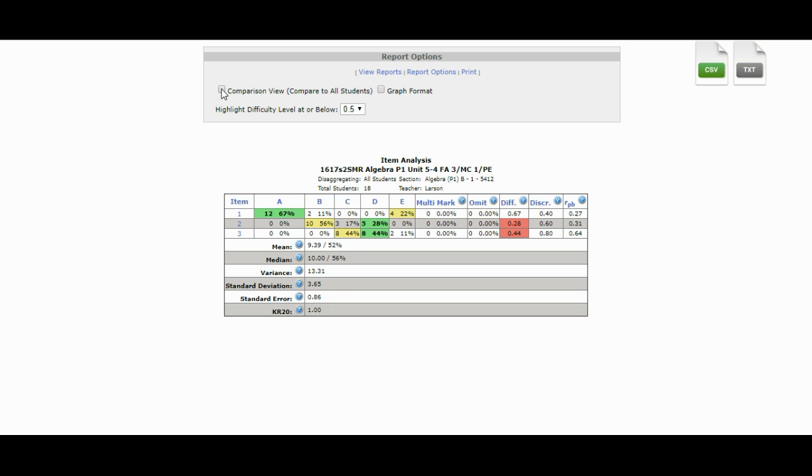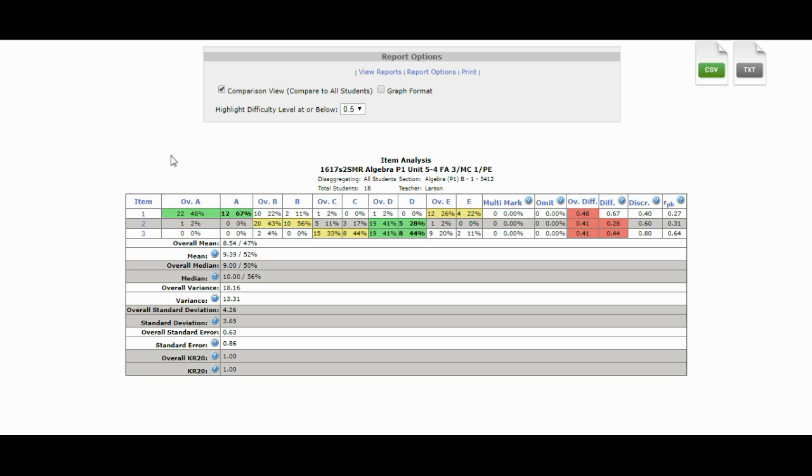Now I also look at my comparison view, which can be a definite shot to the gut sometimes. It can be a good thing and a bad thing, and I got a little bit of both going on here. So first of all, my average being 52%, the overall average is 47. So that's pretty cool. I'm above the overall average, so that's a little mini celebration, but clearly I have work